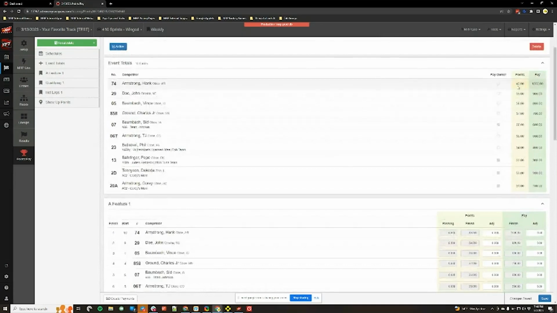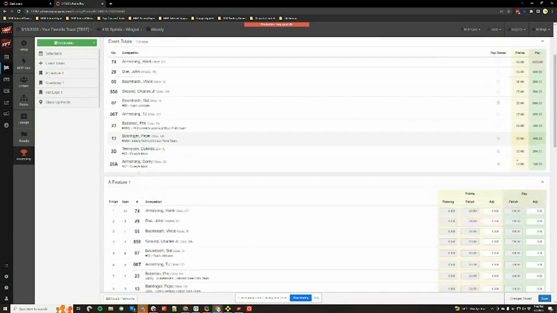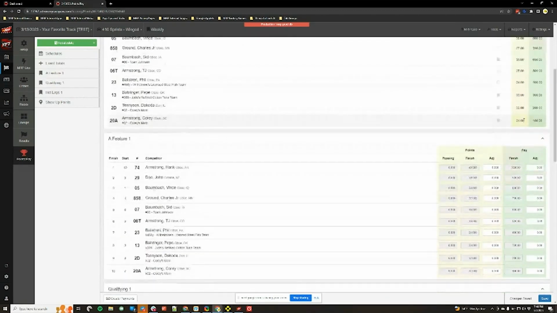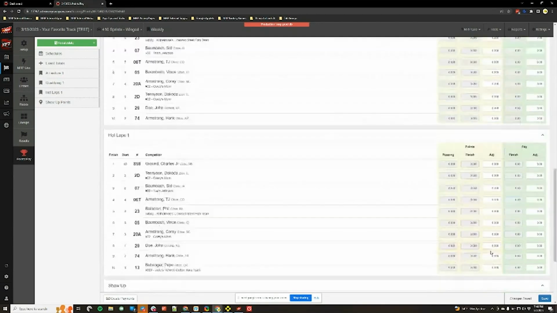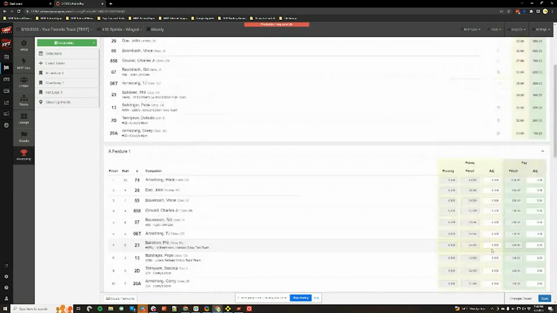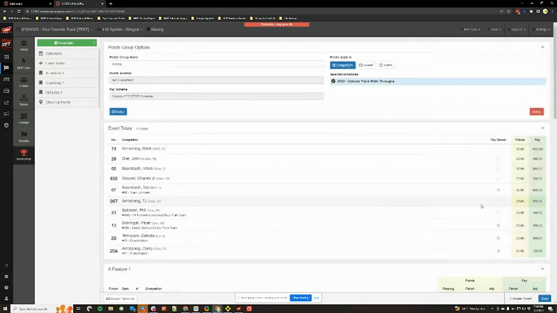so you can take a quick look and see if something looks off, like they seemingly have way more points than anybody else for some reason, or you're seeing that somebody doesn't have enough points. And then you can look through by race and see who got what points and what pay for each position in each race. That's all set up via the schemes. Again, the schemes are custom to your track,